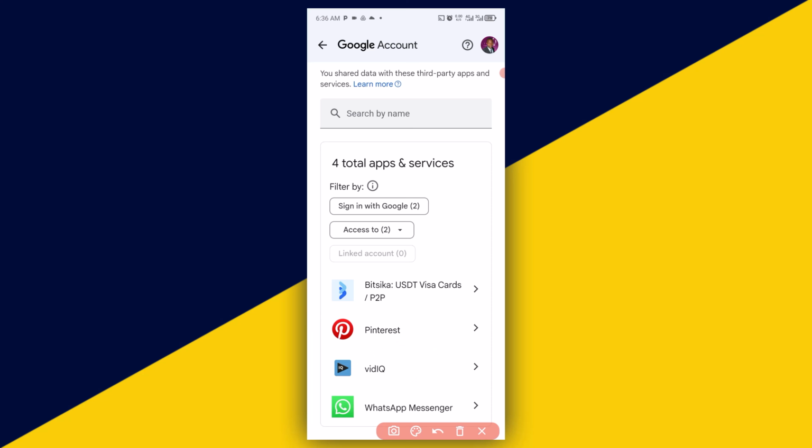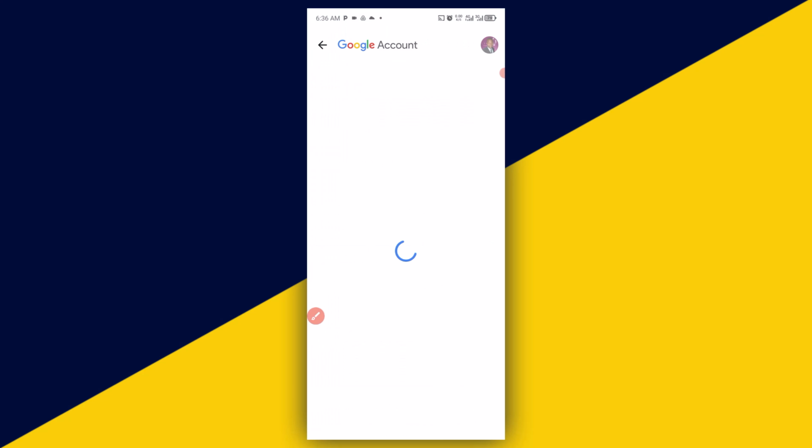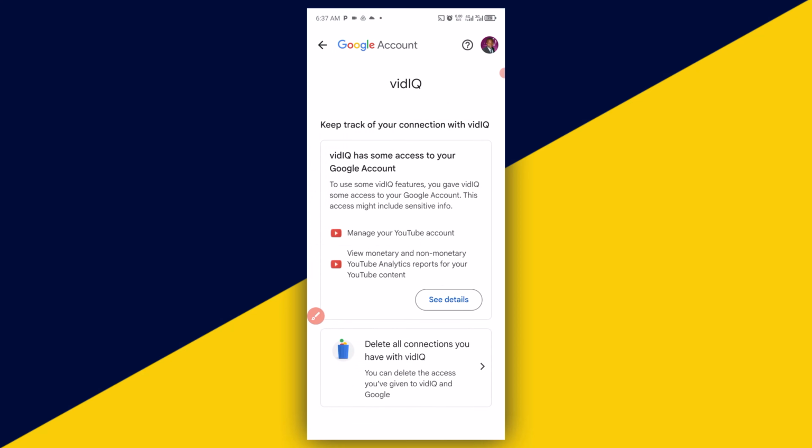So for instance, I want to remove the FeedIQ that is linked to my Gmail account. So when you click on it, it takes you right here. Now, right here, you have the information about this app and what they are getting from your Gmail. So if you want to delete them, what you need to do is to delete all connection you have with